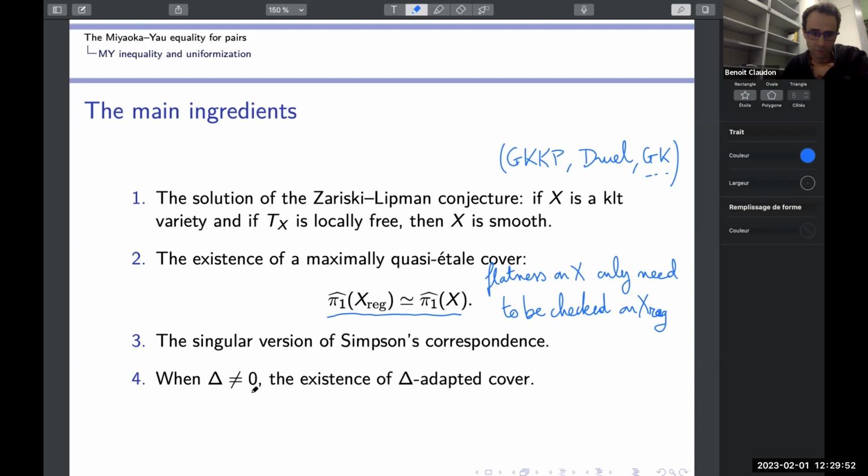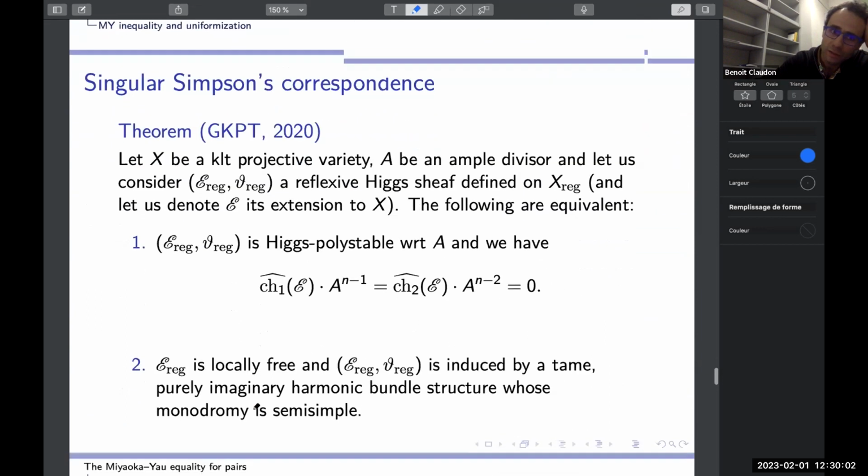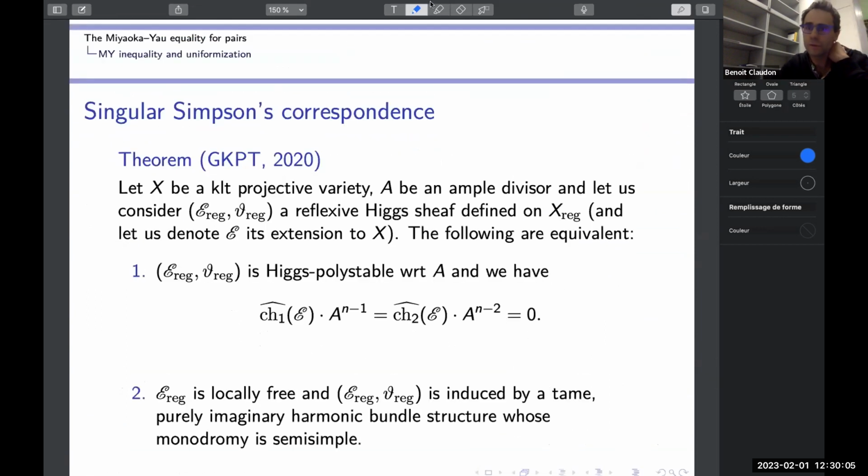And in our case, when delta is non-zero, we will need to use the so-called adapted cover. So let me say a word on this singular Simpson correspondence. It was proven by Greb, Kebekus, Peternell, and Taji in the last paper on the topic. So if X is, as always, a KLT projective variety, A an ample divisor, and